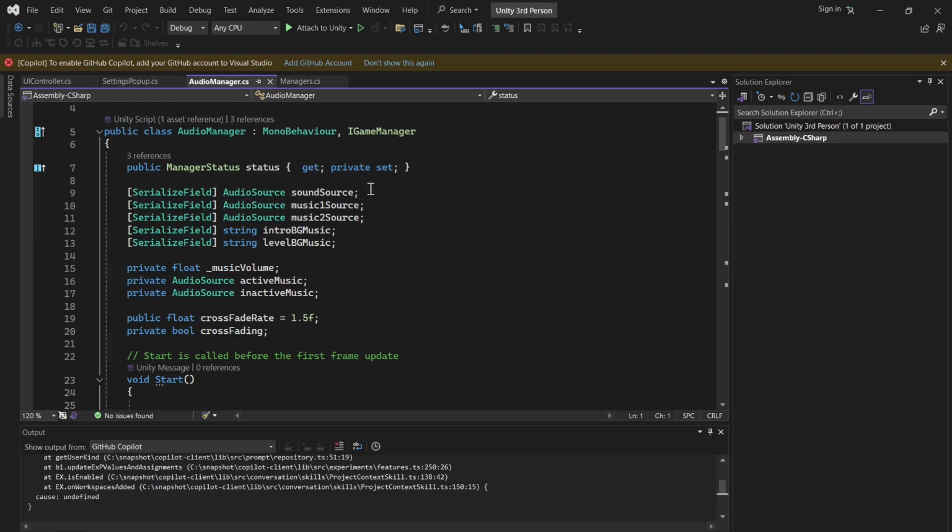So status, the manager status property. So status is a property that shows if the audio manager has successfully started. Other parts of the code can use this property to check if the audio manager is fully ready. And